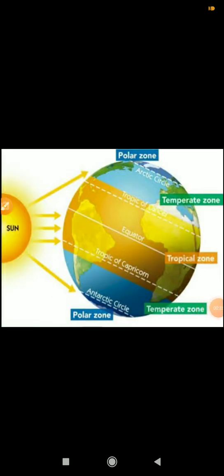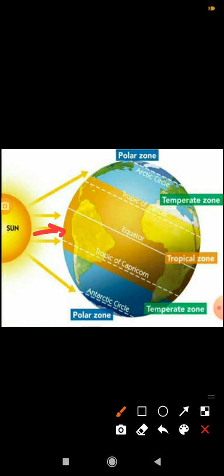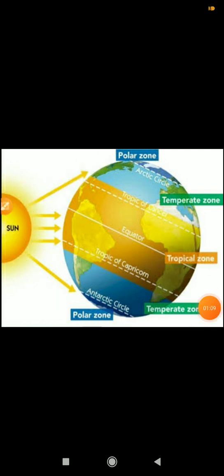The fact that the earth's surface is round results in different parts of the earth getting heated differently. As you can see in this picture, the heat zones are different zones of the earth where the sun rays fall differently, thus causing different climate patterns. In this area, the rays of the sun are direct. They go slanting in this region and they are furthermore slanting towards the polar regions. The earth is thus divided into three types of heat zones.